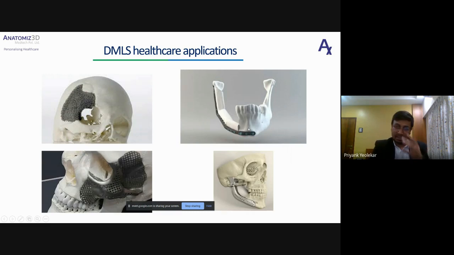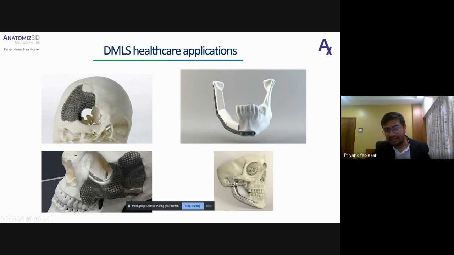So this is another example where it is used. If you see this, this is again a mandibular implant wherein the entire joint is replaced with the implant. And if you see on the top, the condylar region, the outer area is completely solid, and there are a few holes for the screw fixation.